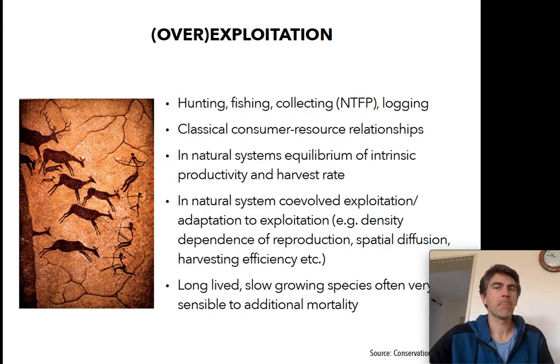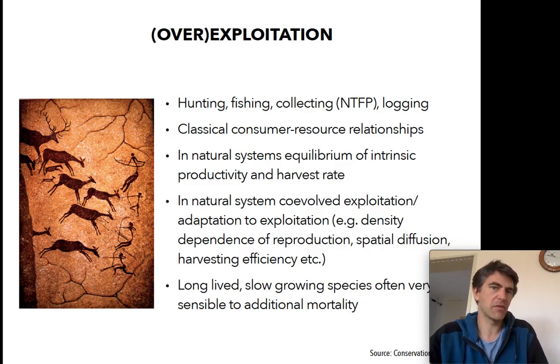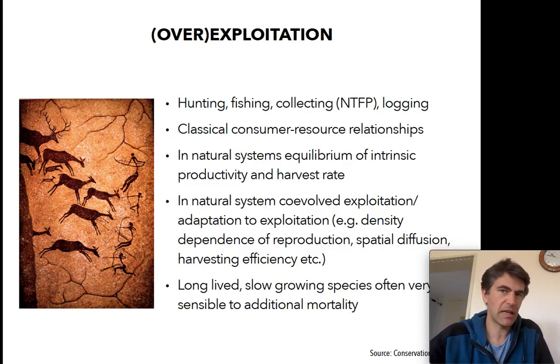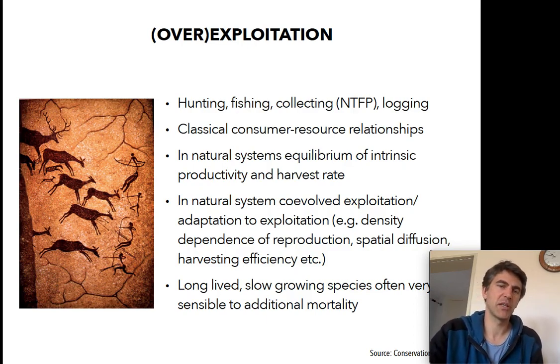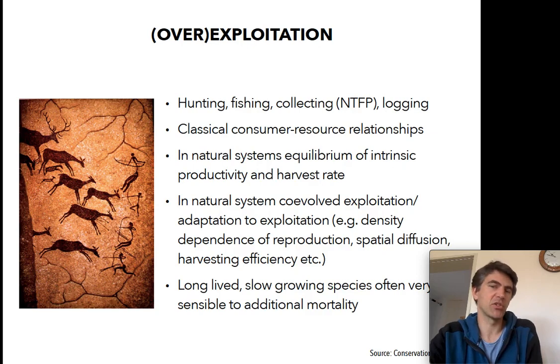Overexploitation. Essentially, you can take things out of the environment at a certain rate as long as it reproduces at the same kind of rate. Typically in natural systems, there's a sort of co-evolved exploitation, an adaptation to exploitation. For example, there are different ways in which predator-prey type systems co-evolve in such a way that ultimately what you end up with is something that fluctuates through time, but is sometimes sustainable over longish times. That's the result of co-evolution.